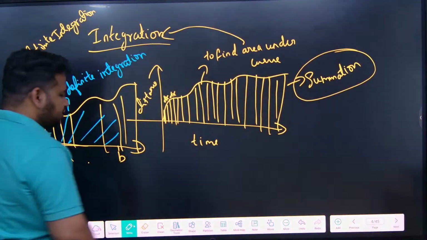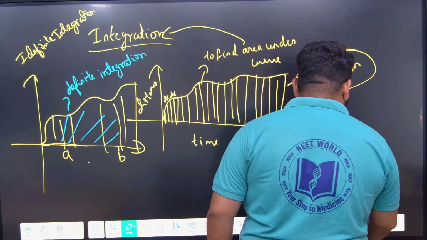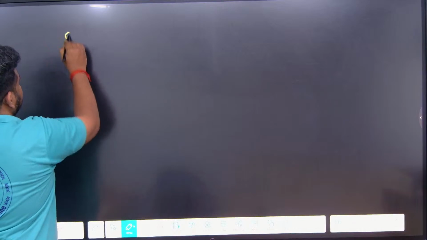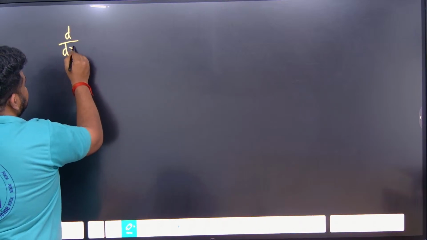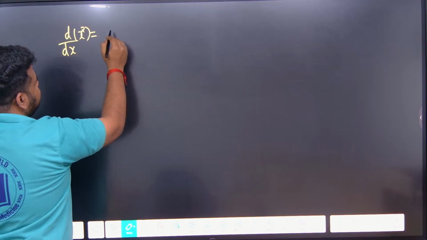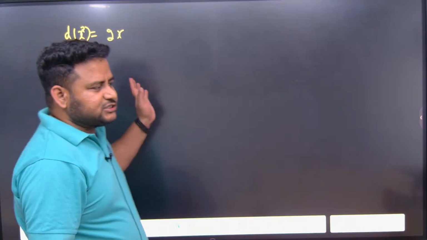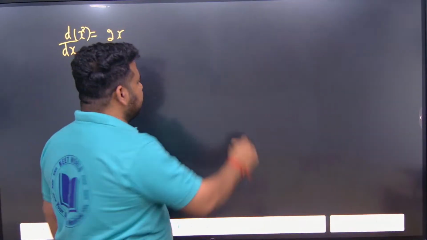Let us see the notation of integration. But before that, you have to know something called the constant of integration. Now see here, when I write d by dx of x square, what is the answer we'll get? We'll get 2x. Now, if I integrate this 2x,